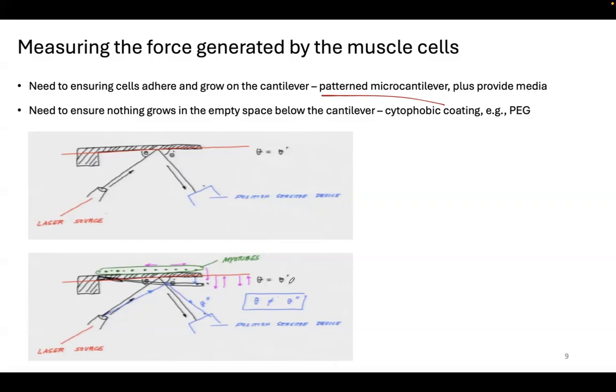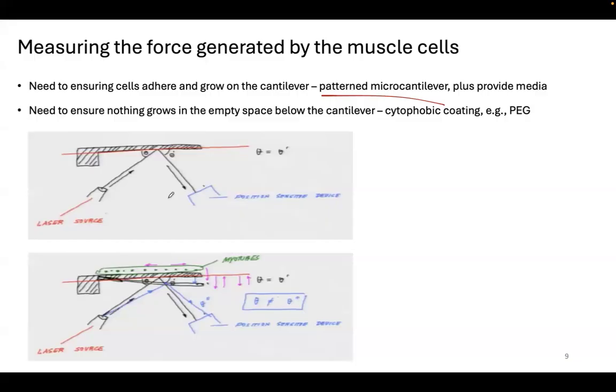developing a system, right? So in that space below, there is going to be media, but you don't want anything growing, not just your cells, but you also don't want any contamination to happen. And of course, no leaks or anything from the cantilever at the top. So, cytophobic coatings, literally meaning cyto means cells, phobic means not liking. Coatings which prevent any cells from growing, like PEG, there are other options also, can be used to coat the bottom part, the empty space below, so that nothing grows. So now